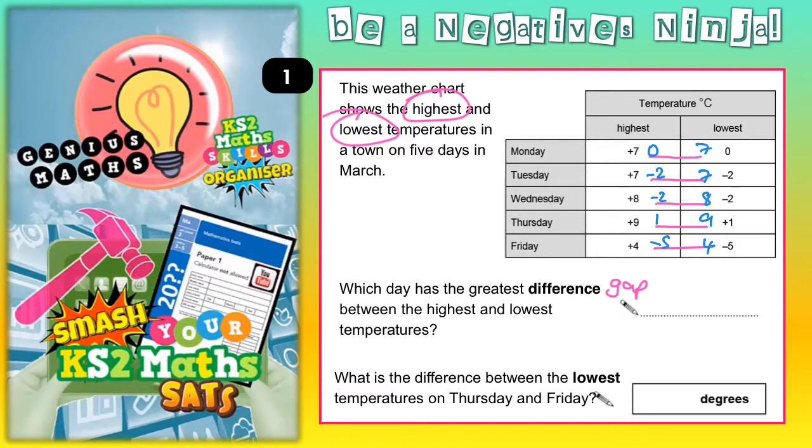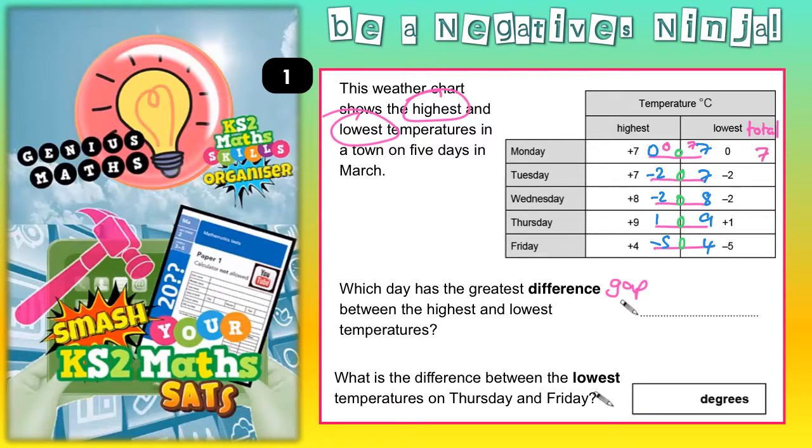Now what we're going to do next is we're going to put a 0 in the number line, and we're going to use the 0 to help us find the gap between each highest and lowest number. So for Monday, we've basically got 0 to 0 is 0, and 0 up to 7 is 7. Put those two together, that's a total gap. We'll write a little total at the side, so that's 0 and 7 is 7, so that's a gap of